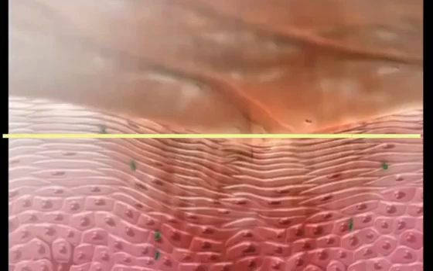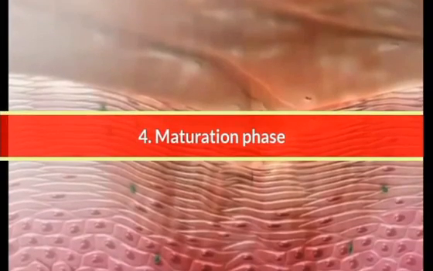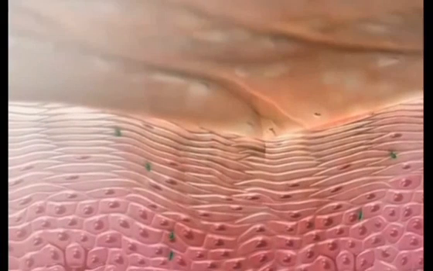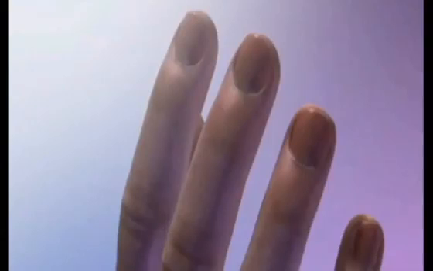Here comes the last stage, which is the maturation stage, which occurs after the 21st day and can last up to 2 years, because it depends upon the size of the wound. Bigger wounds last up to 2 years, and smaller wounds heal in less time. In this phase, nothing much happens, but the strengthening of the new tissue occurs as it matures and becomes flexible. Collagen fibers reorganize the tissue, which remodels and matures, and there is an overall increase in the tensile strength of the tissue.